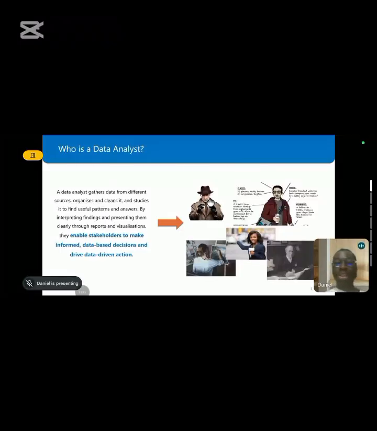Not going too much about it. You need to understand what descriptive analysis is. How do you understand the distribution of your data? What does that mean for your data? What is the